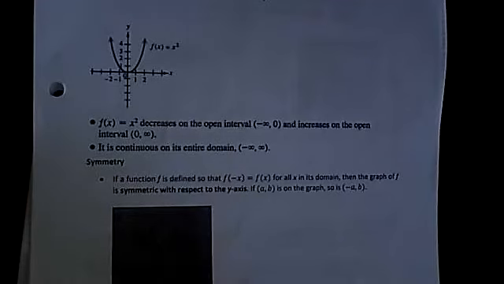So symmetry means if I take it and I fold it up, it's going to be exactly the same on both sides. So if I have a function and it's defined by f of negative x equals f of x for everything in this domain, for all the x values in the domain, then that means there's symmetry with respect to the y-axis. So I'm going to come back to this, but what I want you to remember on this